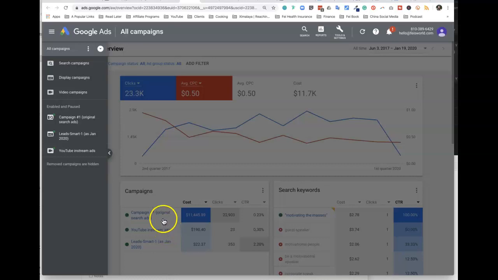Hi there, this is Fei Wu, and in this video, I want to show you how to find that plus button for your video ads inside of Google. Again, I have detailed instructions on how to set up Google or YouTube in-stream ads, but the problem here is